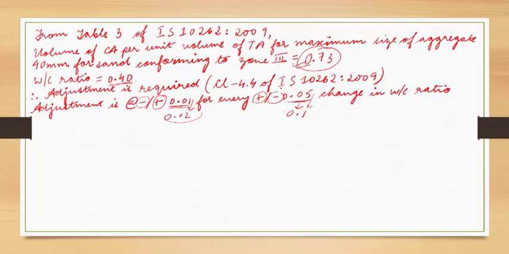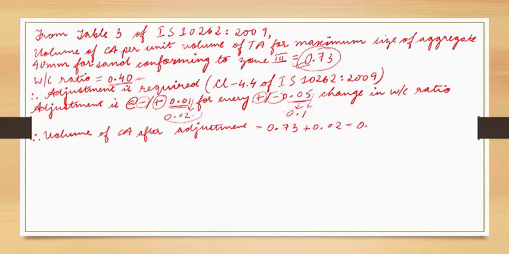Yate amar ki hoise 0.1, to amar minus kori pele ami 0.4 paisu. So yate ami 0.02 to plus korim. So after adjustment ami kiman pam? Therefore, volume of coarse aggregate after adjustment kiman hoy? Ami plus korim, so 0.73 plus